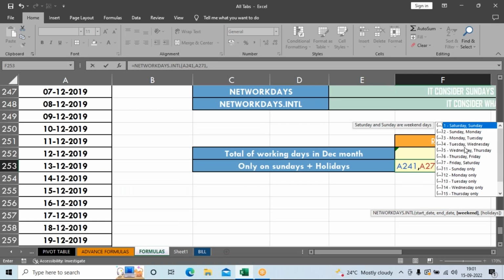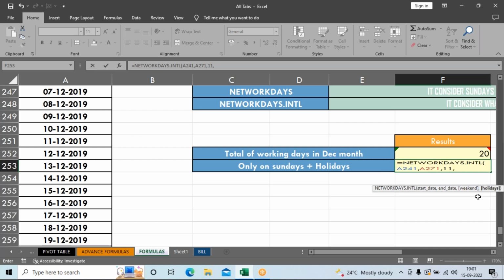Saturday, Sunday, if you want, the code number is 1. Sunday, Monday, if it is holiday for your company, you should select 2. 3 is Monday, Tuesday. But I will select code number 11. In the 11, what is mentioned, only Sunday. For my company, holiday is only on Sundays. Okay, so tab key press,